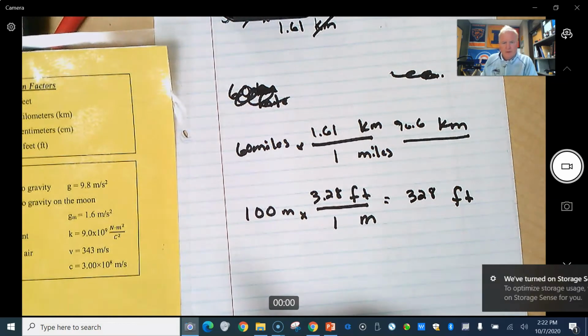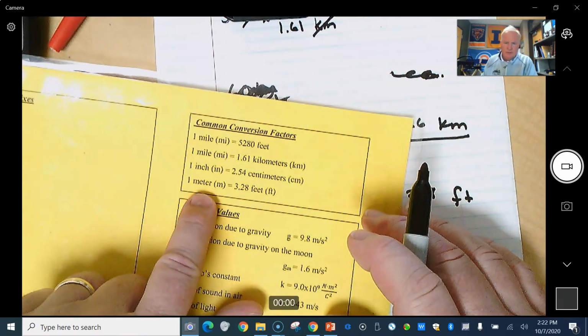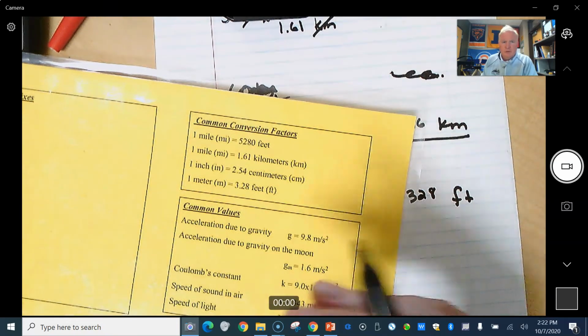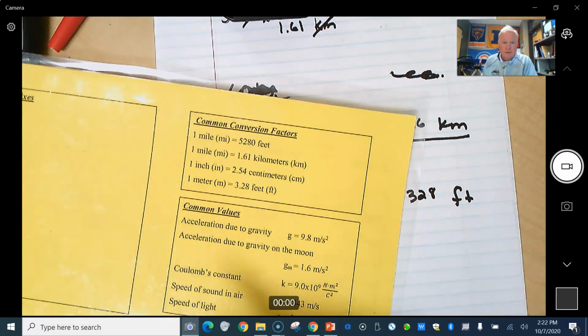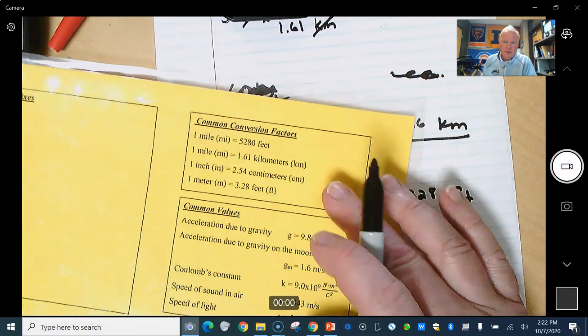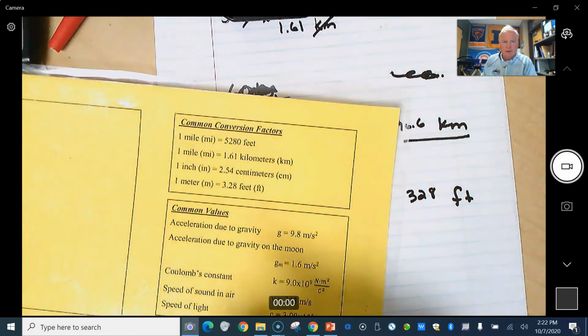Okay. So I do want to tell you, right, we only have 4 here. And so what you're going to learn as we go further in is that sometimes we're going to have to do 2, 3, 4-step conversions to get us to where we want to go. Okay, because we're only going to give you these 4, but these 4 are enough to get you where you want to be. So if the problems will get more confusing or more